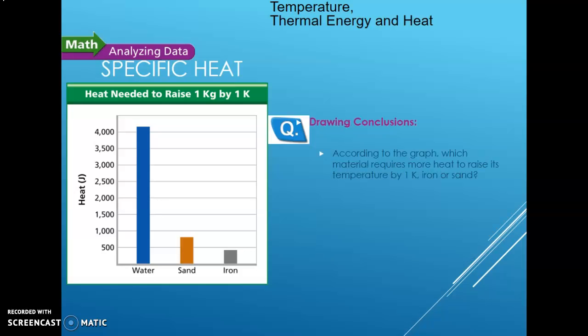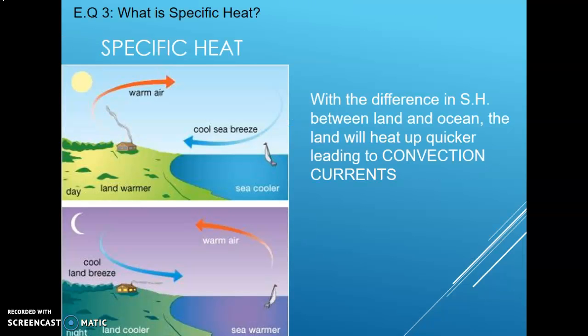Okay, we already did that. So, specific heat. At this point, if you want to pause, you may. I might be moving a little bit quickly. One of the things that you'll hear me mention in some future videos,